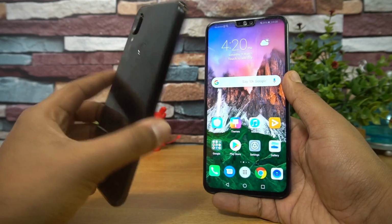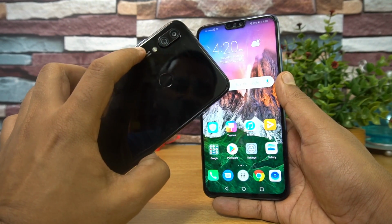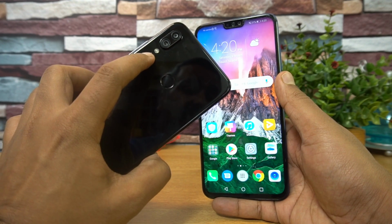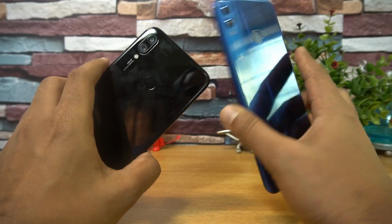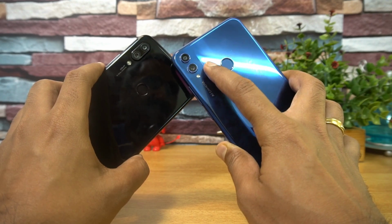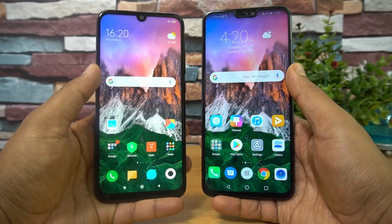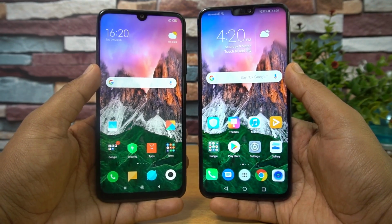So here we have the world's first 48 megapixel sensor, the Sony IMX586 sensor on the Redmi Note 7 Pro with f-stop 1.79 aperture with a secondary 5 megapixel camera and LED flash, and we have a 20 megapixel f1.8 aperture camera along with a secondary 2 megapixel camera on the Honor 8X. The front camera is a 13 megapixel shooter on the Redmi Note 7 Pro, while it's a 16 megapixel f2.0 camera